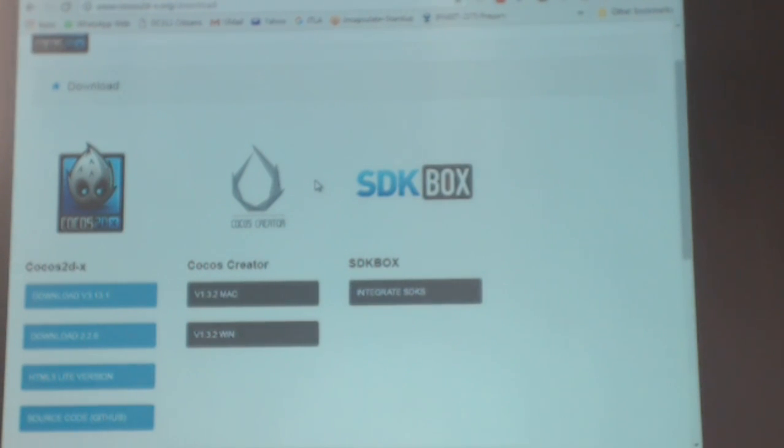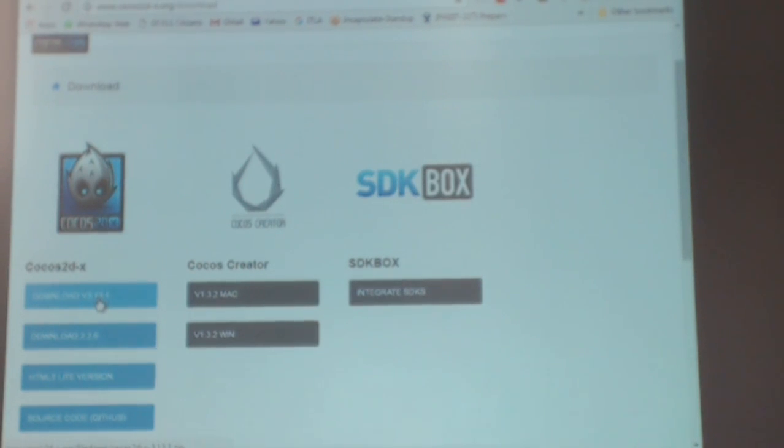Here's the download page. They have two branches, the 3 branch and the 2 branch. The only reason why you should use branch 2 is if you want to make games for BlackBerry. The latest version doesn't support BlackBerry anymore, because they're gone. They stopped selling. And actually, the QNX implementation is deprecated, and newer BlackBerry devices use the Android-based operating system, so that would be supported. It would support all Android stuff. Well, 2 supports Android too.